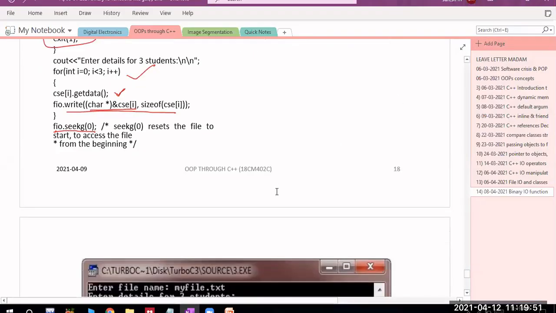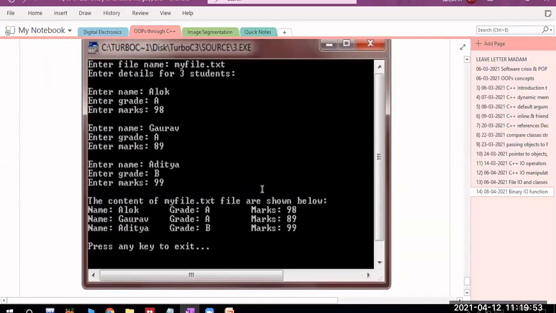Yes, sir. Okay, so this is about entering the 3 student details. Once you have given the name of the file, then it will ask to enter the 3 student details. Then I will enter the name, grade and marks, and after this one I will enter the second name, grade and marks, and the third name, grade and marks.